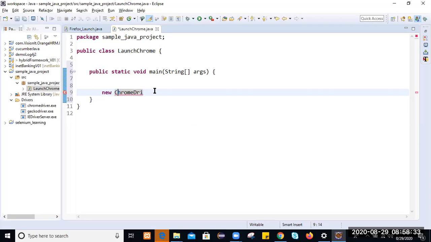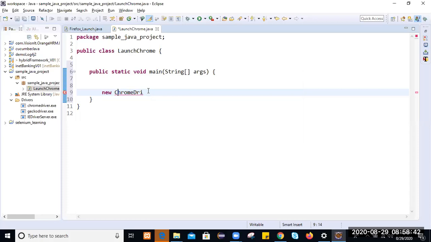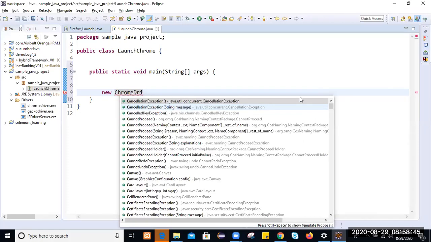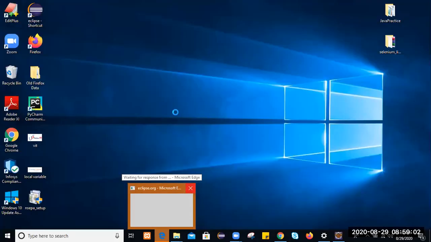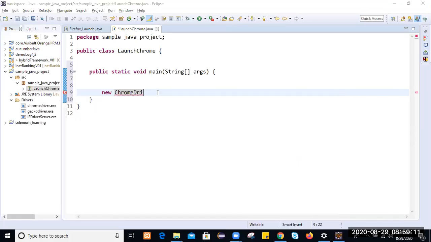What happened, it's not coming automatically. And Eclipse is not responding actually. It's taking, you see. Still Eclipse is loading here. There is no use of recording and all. Just use Chrome driver.